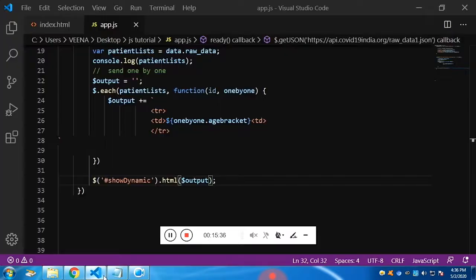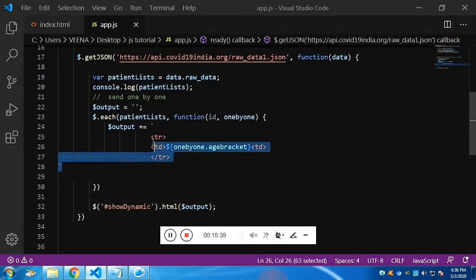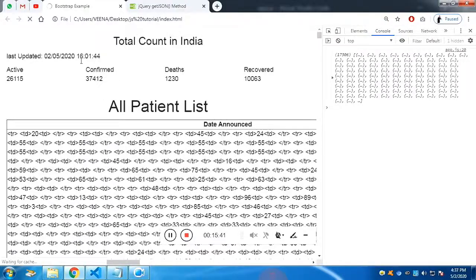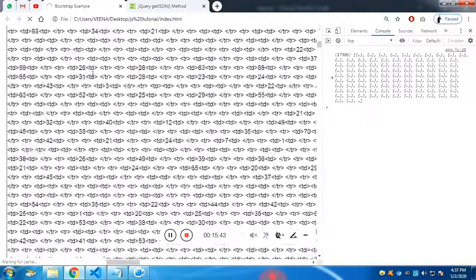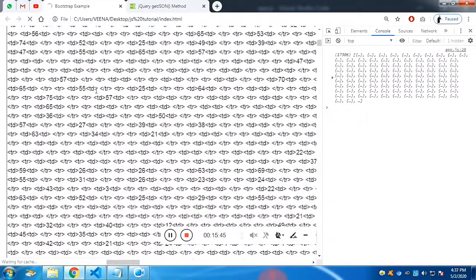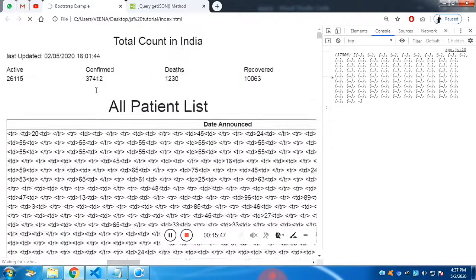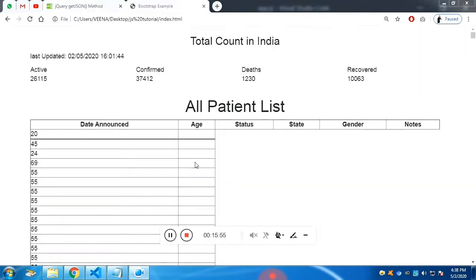Now in this case, we have just added one column. Likewise, we need to add many columns. You can see these are the number of details we got fetched. You can see the size of the scroll bar, it's very small. That means we have so many data over there. That's the reason it is taking so much time. Let me pause and resume. Yeah, you can see these are the details which we called.